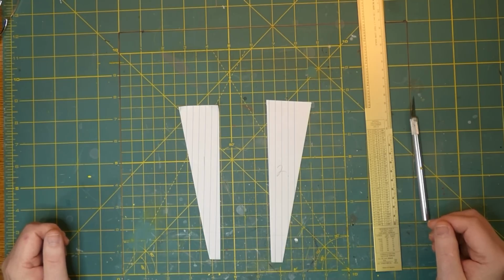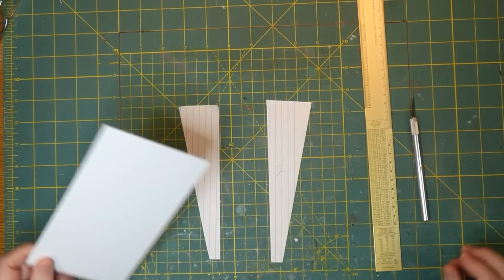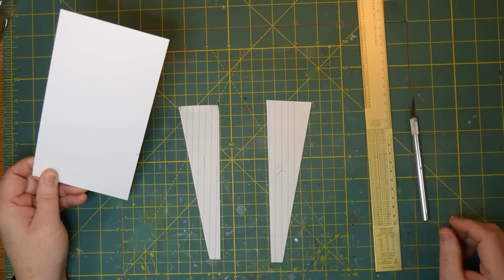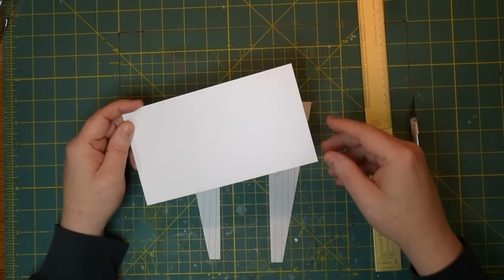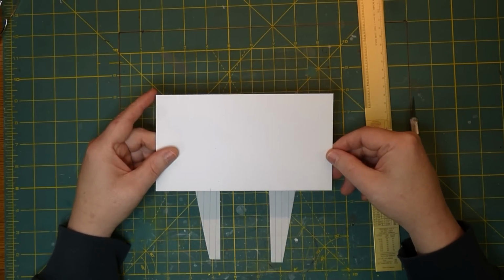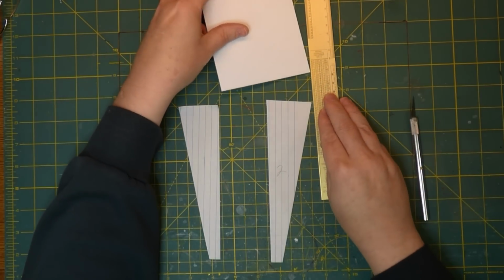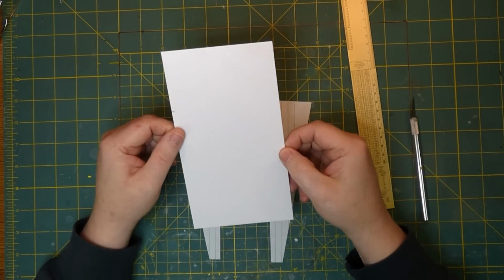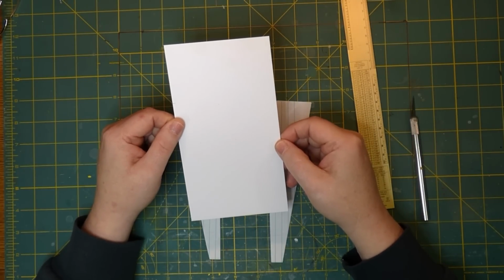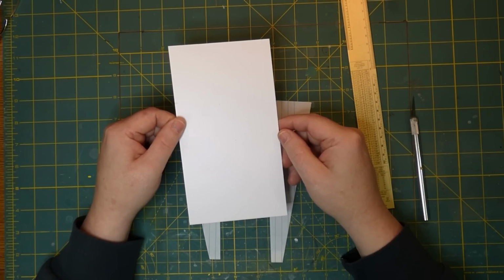At that point I pulled out sheets of this 40 thousandths thick styrene, and I brought this down and set it up to the rails, because I want to know the thickness and how high I can go up to the rail. Now this 40 thousandths is just short of dead even to the top of the rail, and I'd like it